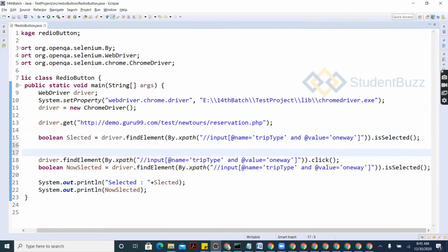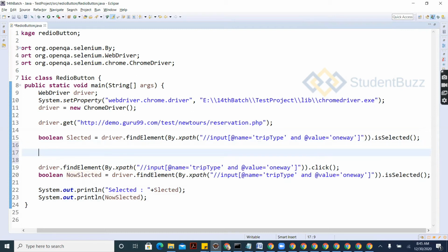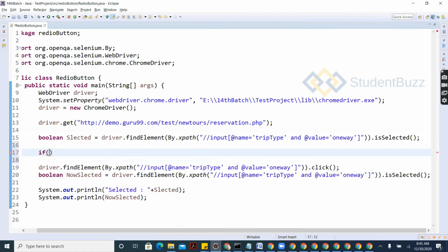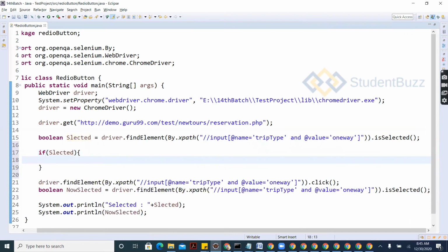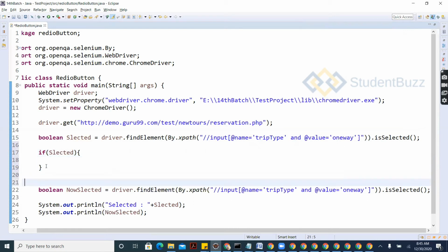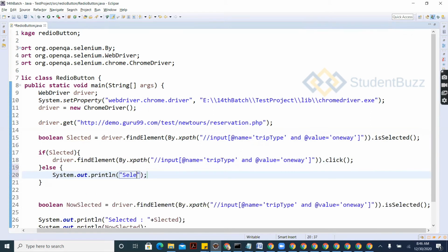So here, if you don't want to click again and again on what is selected already, you can put the condition: if selected is not true, then do your operation. Then print selected.